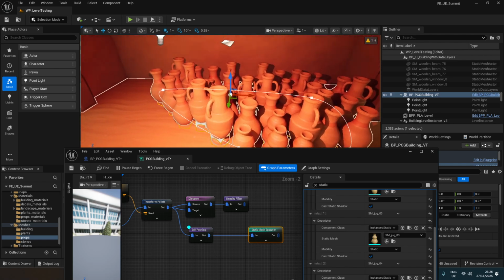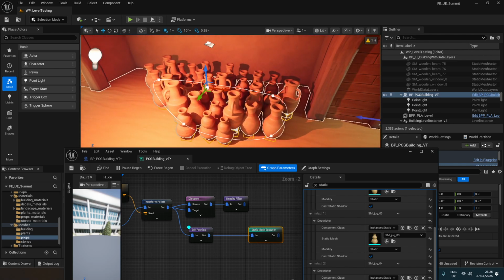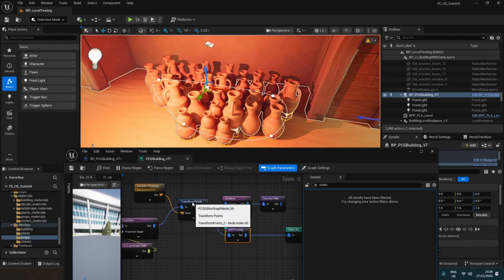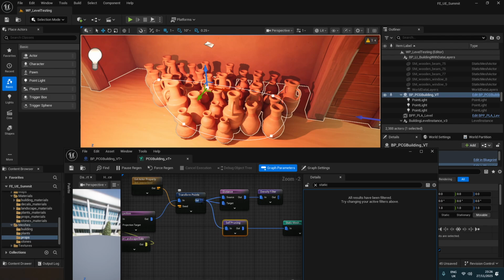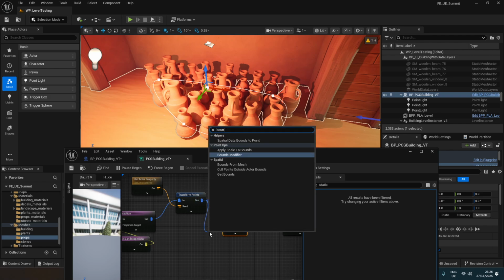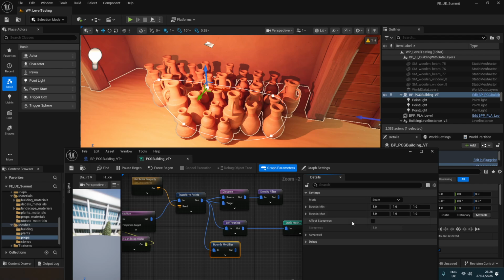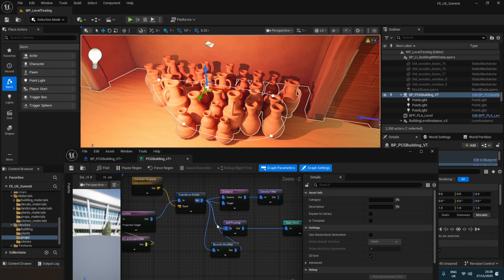And as you can see, that's created a variation in those bottles. There are some overlaps in there as well, and maybe this is where you might want to change the points in here as well. You could even do a bounds modifier over here, and then within the bound settings, scale the bounds up a little bit, 1.1, 1.2, and then have that plug into the self-pruning